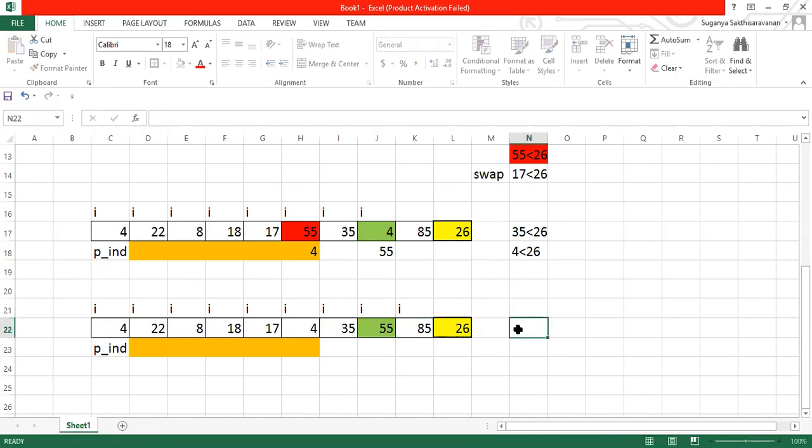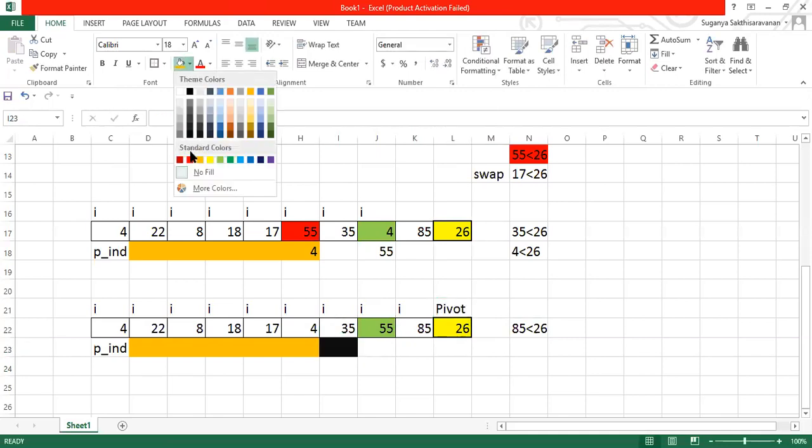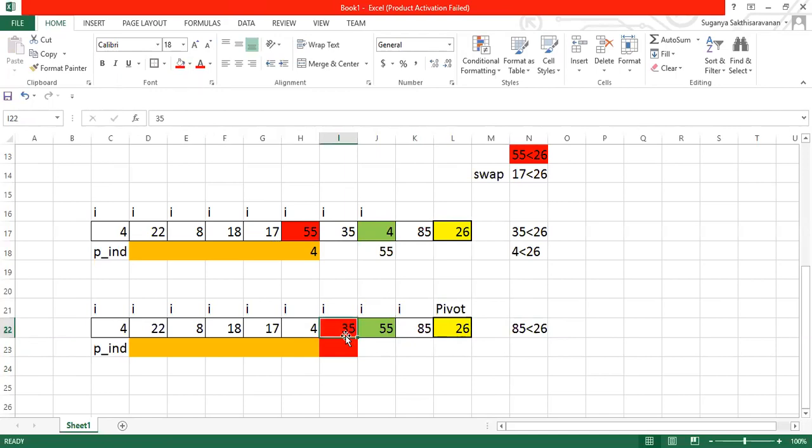Now we can notice that my 85 is compared with 26. Is it lesser? No, it is not lesser. So after this, no more iteration, the reason is we reach the pivot value. So now we are supposed to increment your P index plus 1, and this element is swapped with the pivot value. Got it? The next index position of the P index is taken now, and this value is swapped with your pivot value. The reason is this is the exact position of 26.